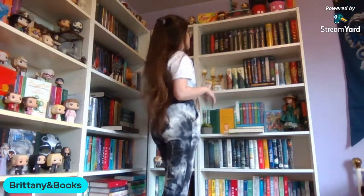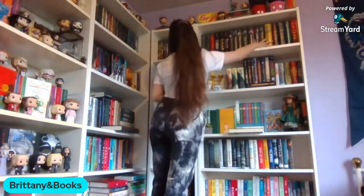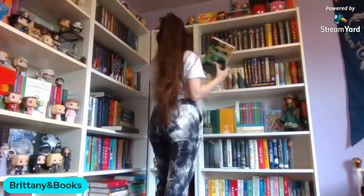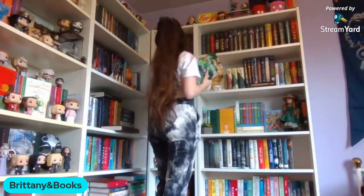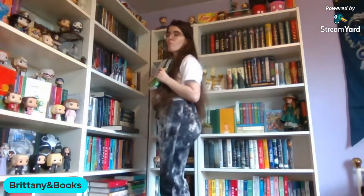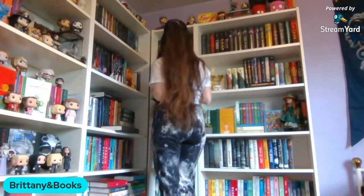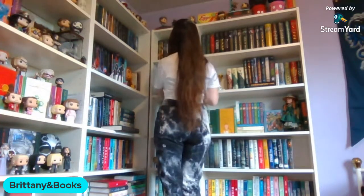But there's still space on this shelf. There's a big gap. I don't know. I'll come back to this. I don't know where Evelyn Hugo should go. I wonder if I could still display City of Bones. I don't know. God, this is so stressful. No, I probably couldn't, huh? I mean, if I still hid...